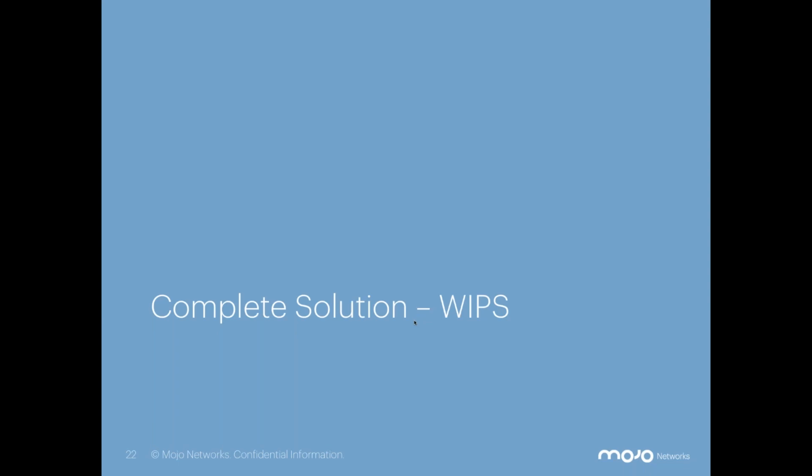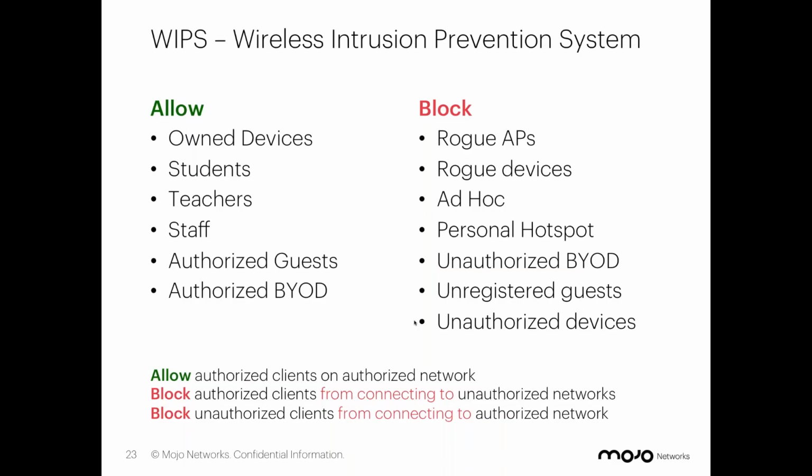So one of Mojo's values is that we started out as a WIPS company. We really defined WIPS in the cloud. We made WIPS as software as a service in the cloud. And what WIPS brings to the table is that you can effectively block much more on the network, and Mojo has a unique perspective on this. We have over 37 patents in this. We have a patented technology called marker packets, which gives us the most accurate